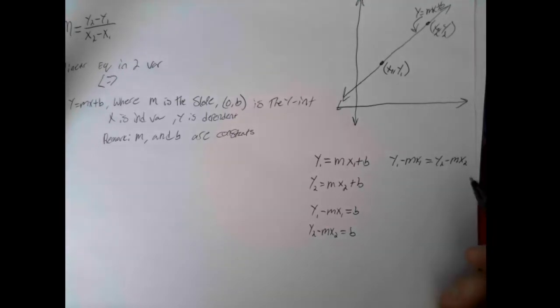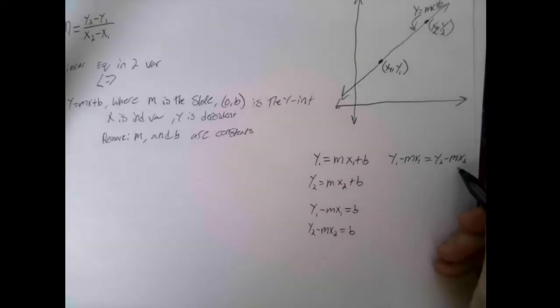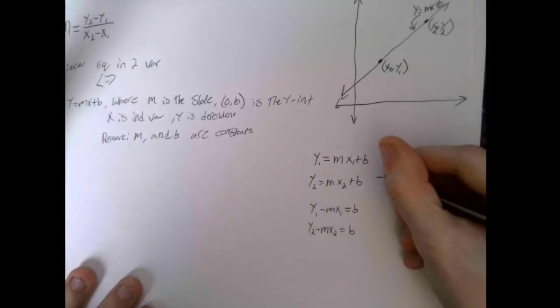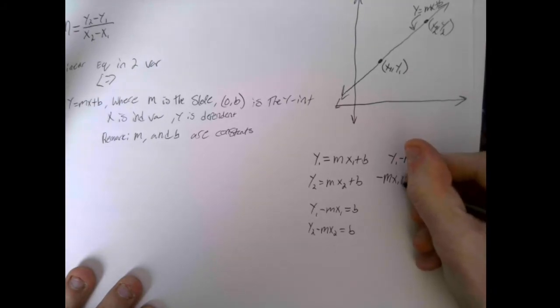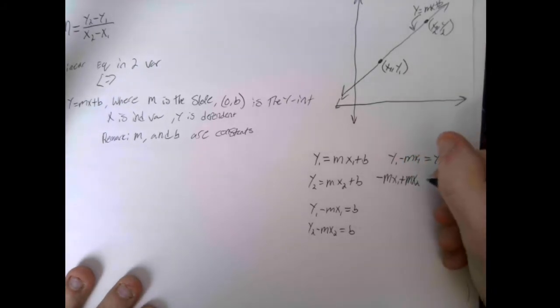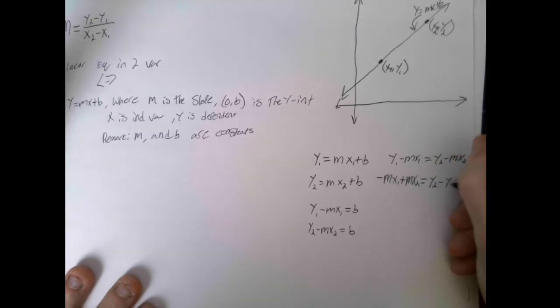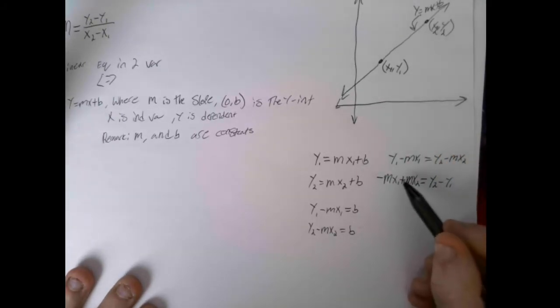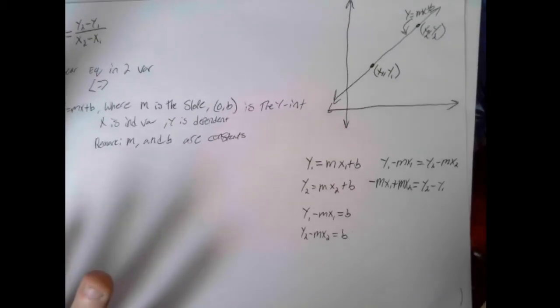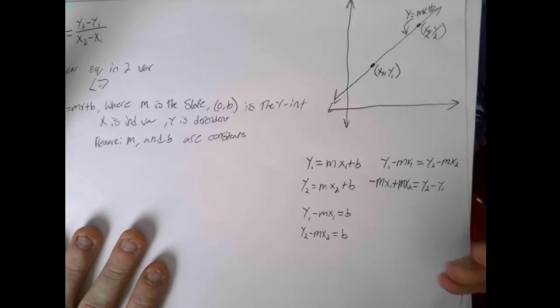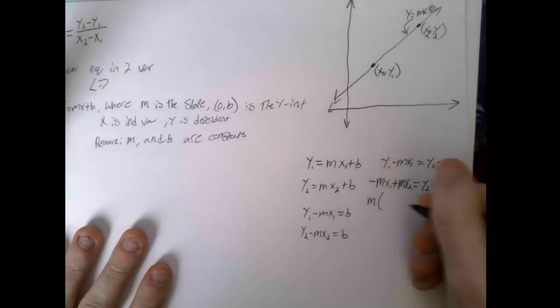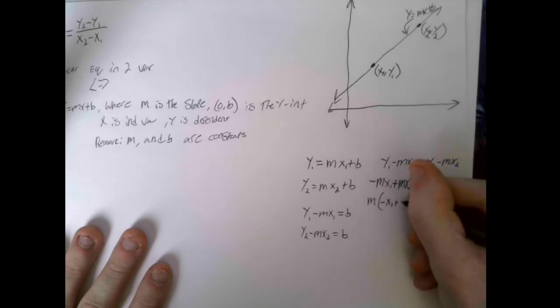So from here, we want to try to get the m's together. I'm going to add mx2 to both sides and subtract y1 from both sides. So I'm going to get negative mx1 plus mx2 equals y2 minus y1. Now from here, you can see we have two m's, and that's kind of a problem because we want just one singular m. So we can factor out the m from here. Now we have one m, and we get m times negative x1 plus x2